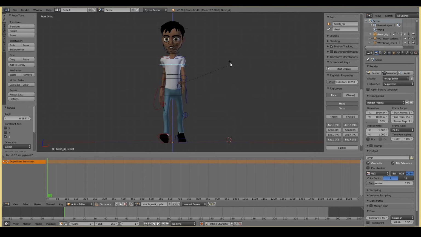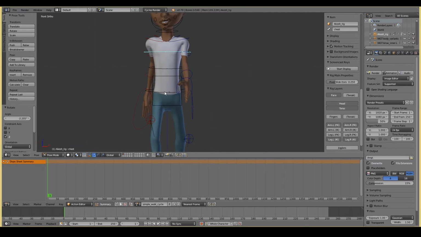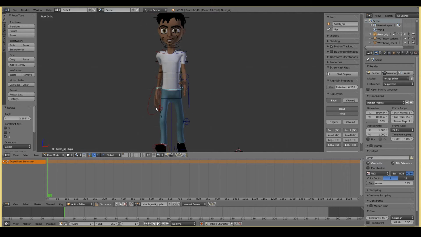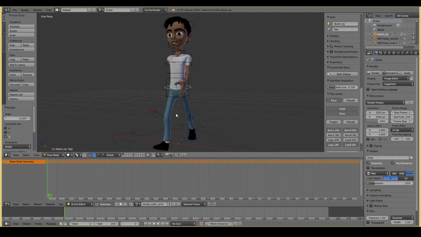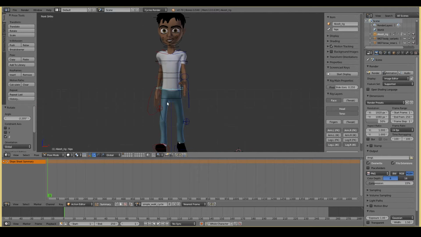You can go a little bit overboard and exaggerate it. That might create a more cartoony effect, but since I'm creating a simple walk cycle, I'm just going to stick with that. Alright. Of course, this leg has most of the weight pretty much on it. So what you want to do is rotate the hips like that, so it looks like most of his weight is leaning on the front leg.